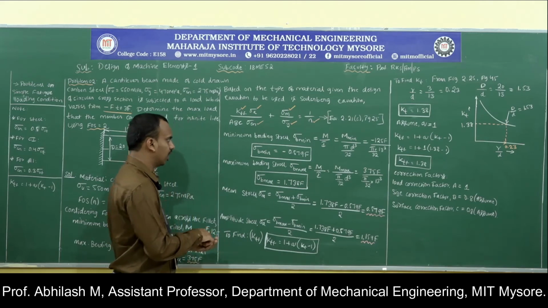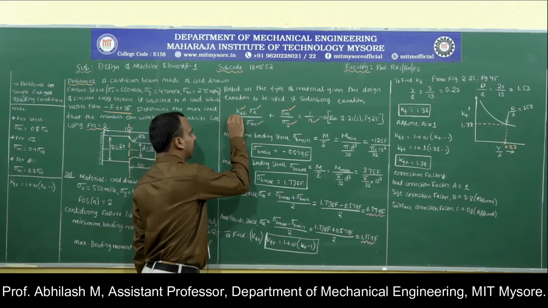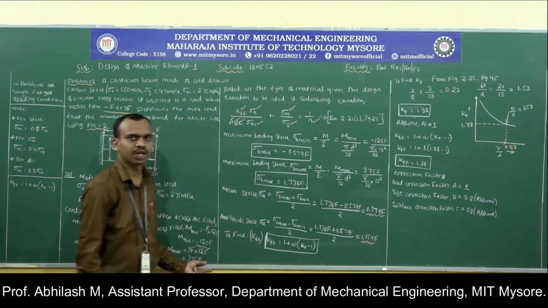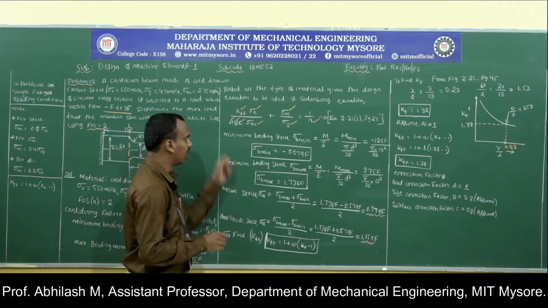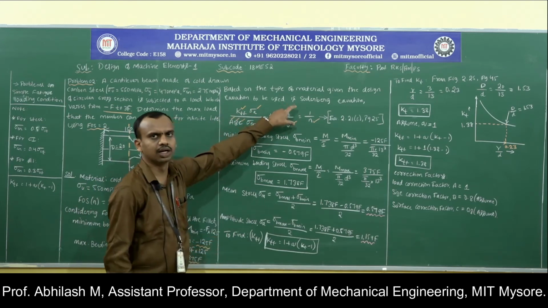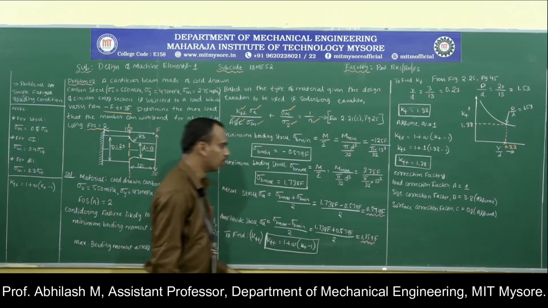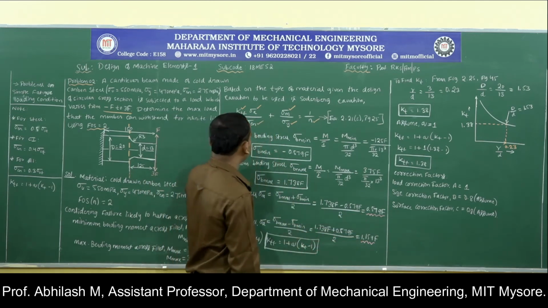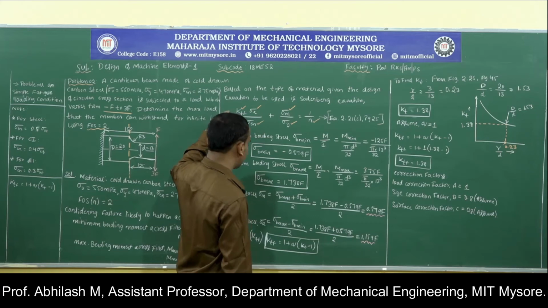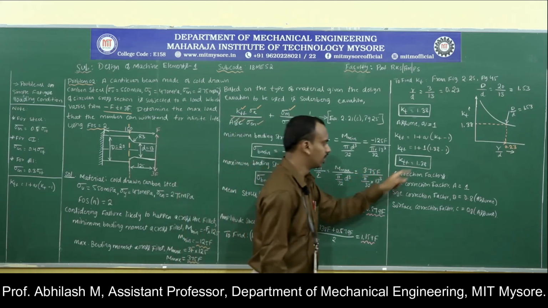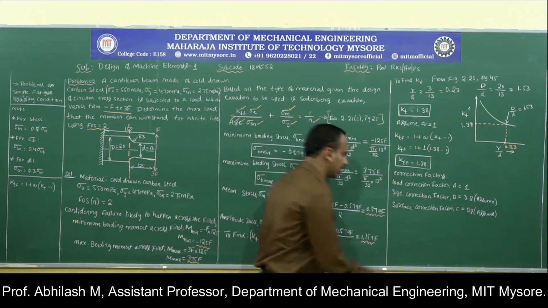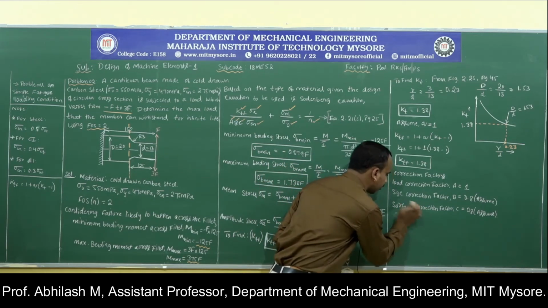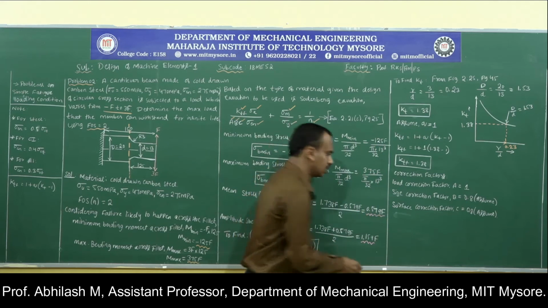So, now if I look into the equation, I know what is A, I know what is B and I know what is C. I can substitute all the values in the Soderberg equation and then calculate the unknown, which is basically F. So, let us substitute the values and see what is the KTF value. The KTF value that we have obtained is 1.38.